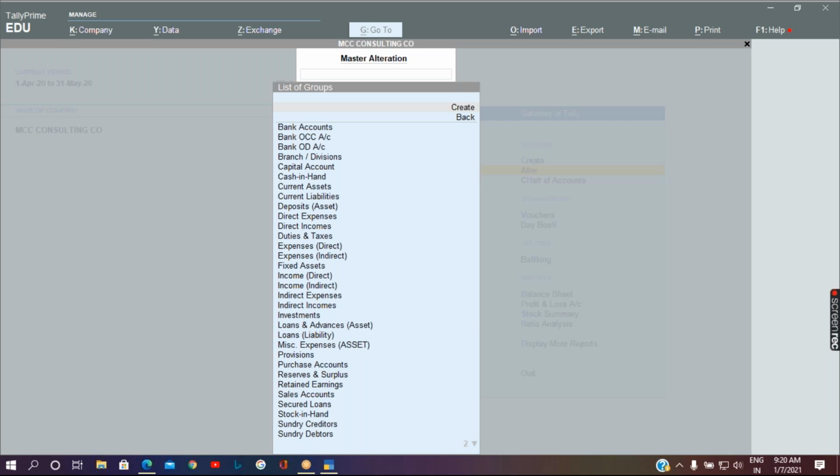You have to create the respective ledger masters under these respective accounting heads. Let me take you to the ledgers.